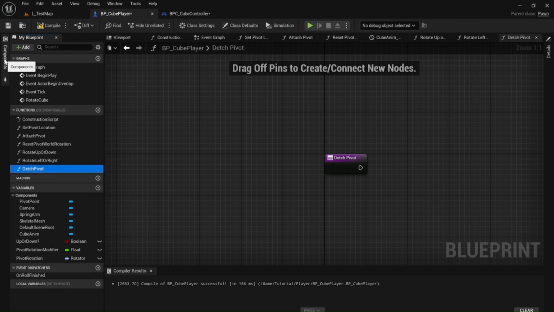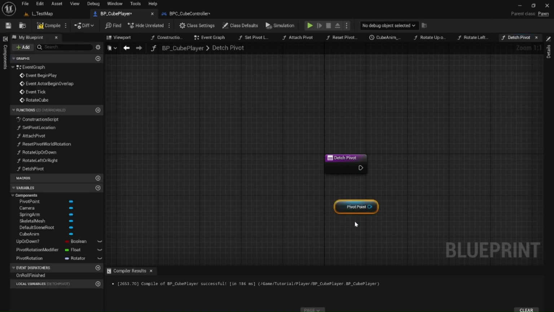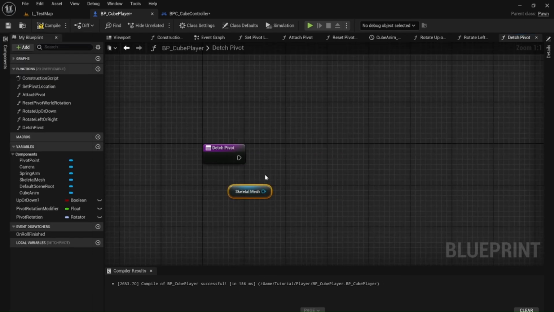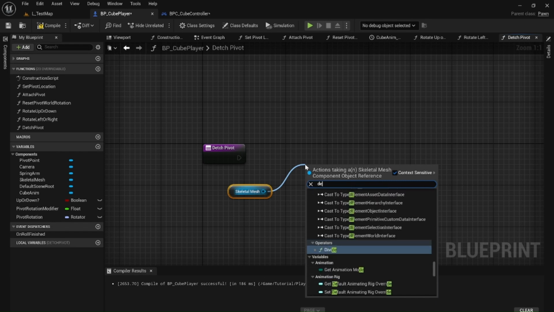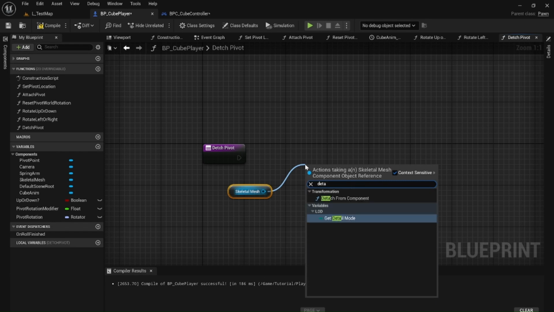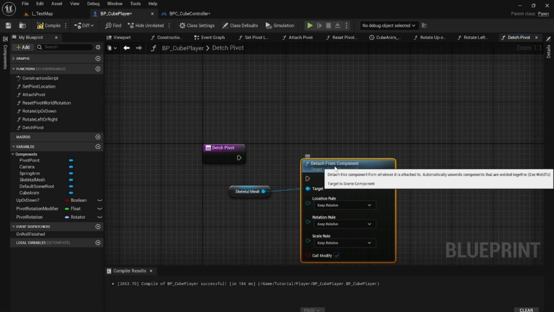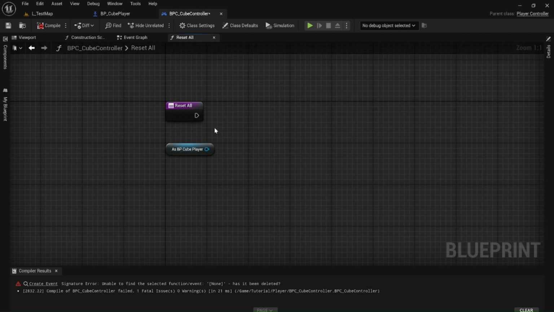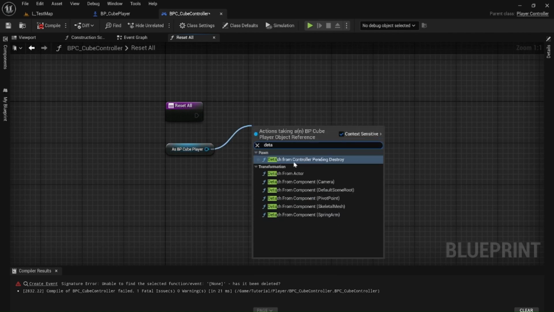Take our pivot, or actually not pivot, sorry, our skeleton mesh, and call detach from component. And we're going to keep world, keep world, keep world, and do that. Beautiful. Going back to our cube controller, we can call detach